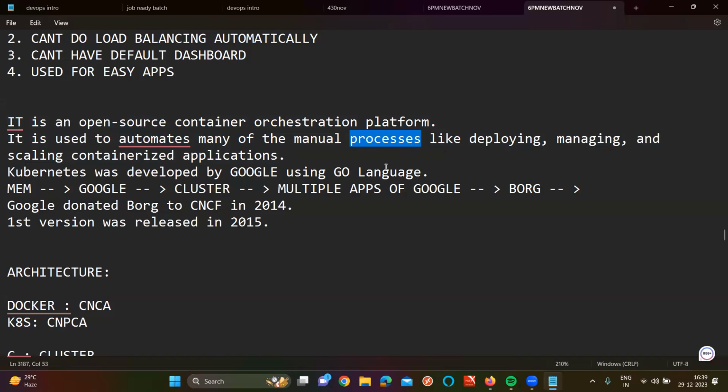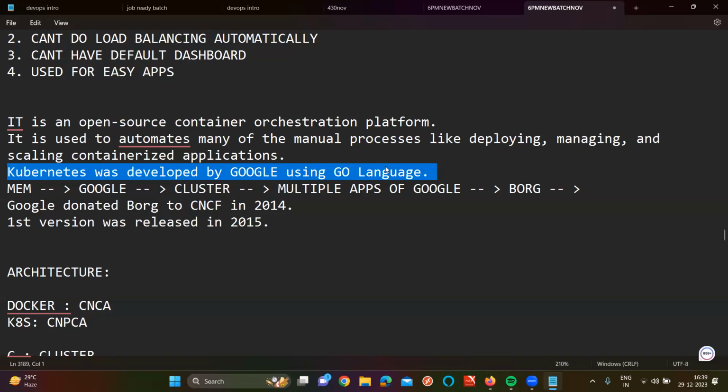Kubernetes was initially developed by Google, but the initial name was Borg actually. It's not Kubernetes. Initially, they developed an internal system to manage thousands of Google applications. Tell me a few Google applications you know. Google Drive, Google Photos, Google Classroom, Google Mail, everything we have, right? Google Browser, I mean Chrome, everything. So Google has n number of applications.